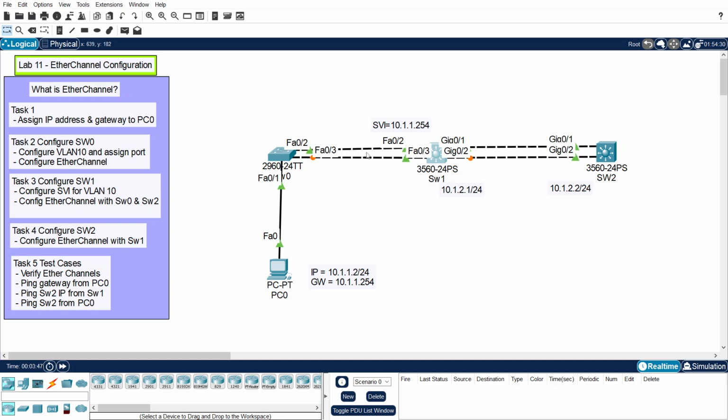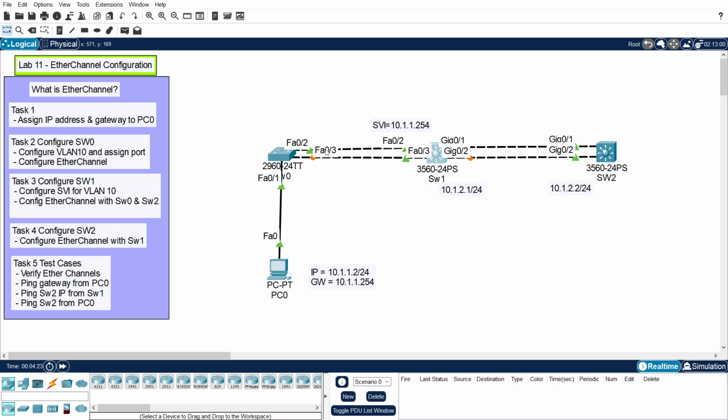has mainly two advantages. First of all, it increases the bandwidth of the link. So if one link is 100 Mbps, the combined bandwidth will be 200 Mbps. And secondly, it also provides redundancy. If one physical link fails, if one interface fails, we still have the connection intact through the second link. So these are the main two advantages of EtherChannel, and it can be configured through two